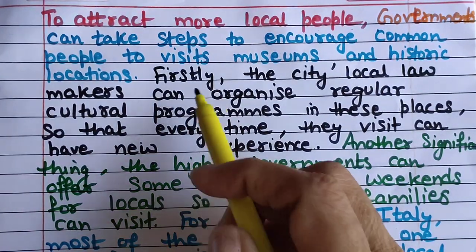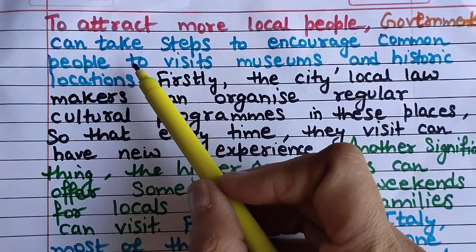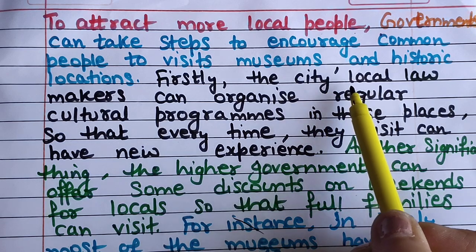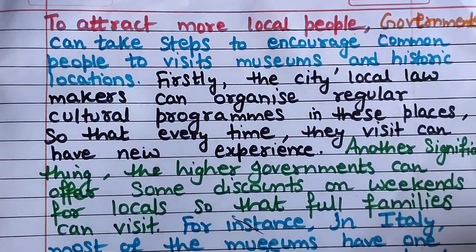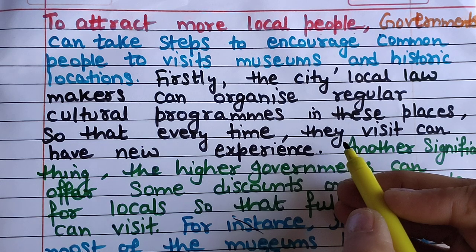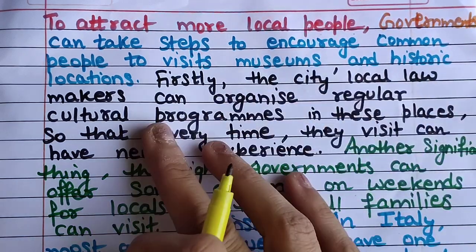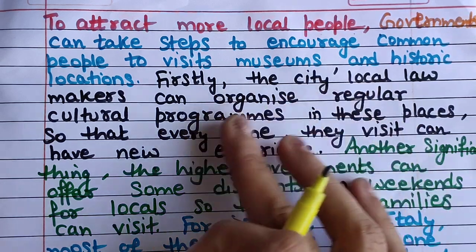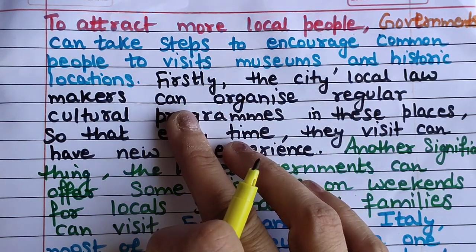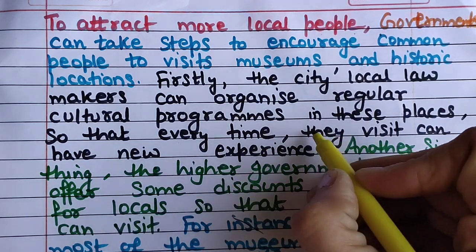Now coming to body paragraph 2. To attract more local people, governments can take steps to encourage common people to visit museums and historical locations. Firstly, the city's local lawmakers, but in my country we say local government, we say municipal corporation. In other countries I don't know what they call it, that's why I am not using that word. I am using a simple word. Firstly, the city's local lawmakers or higher authority, that is a much better word for that, can organize regular cultural programs. You can use can, may, or should here. Cultural programs in these places, so that every time they visit, they, meaning locals,